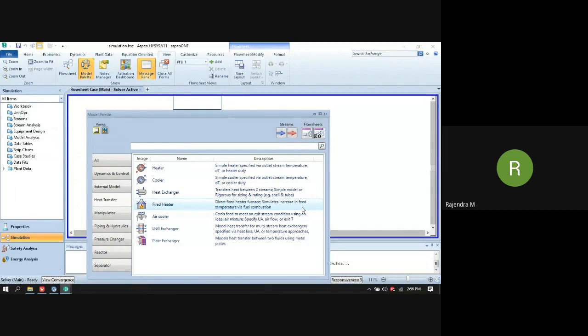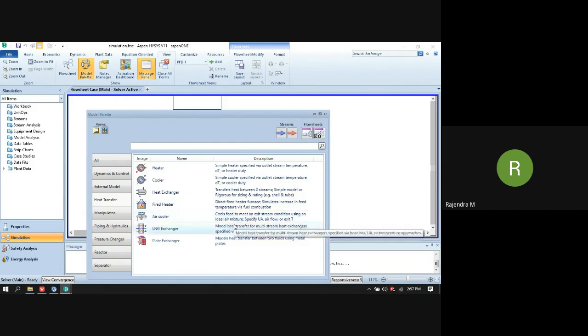Inside, the tubes may be finned. In the air-cooled heat exchanger, air is the external fluid, which is freely available. Based on the ambient conditions, the heat transfer takes place according to the ambient temperature as well as the process stream temperature, and we can model the air cooler by using this palette.